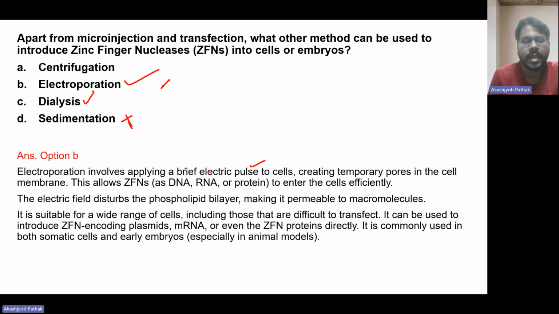There are different methods for making competent cells. One is the heat shock method by using calcium chloride. Another is the electroporation method. This creates temporary pores in the cell membrane and allows the zinc finger nucleases to enter the cells efficiently. The electric field disrupts the phospholipid bilayer, making